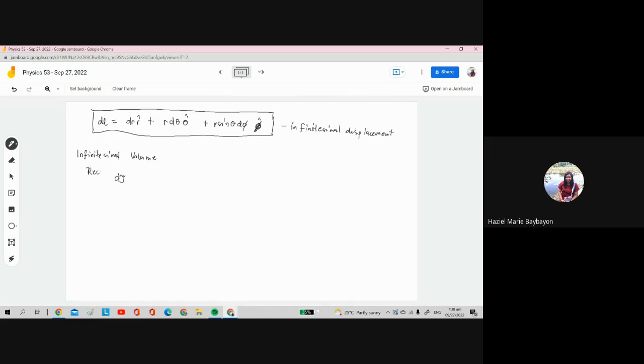So recall in Cartesian, the infinitesimal volume d tau is just equal to dx dy dz. Okay. Now, for spherical polar coordinate,